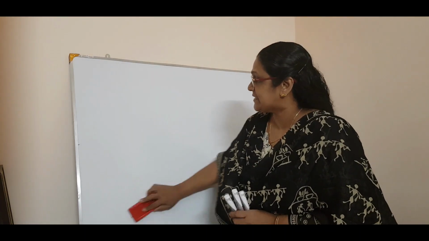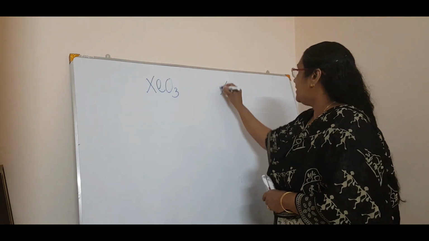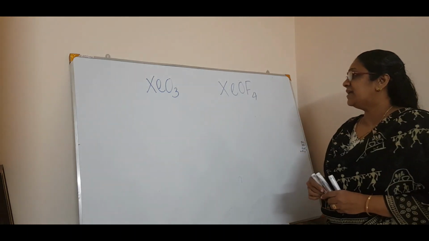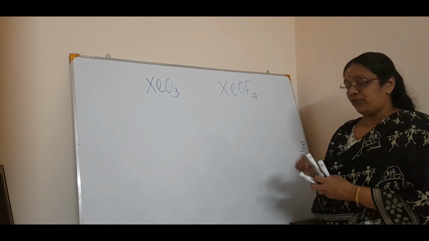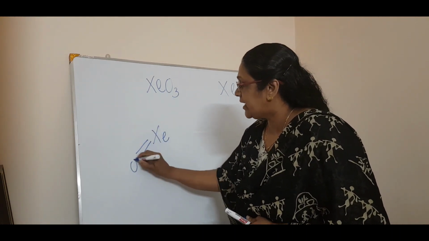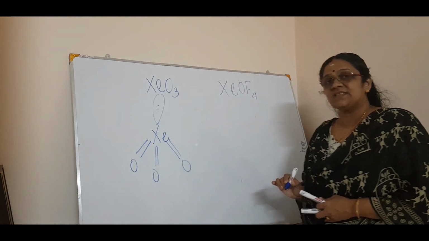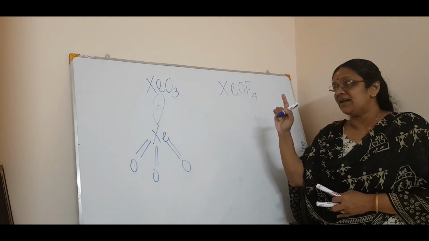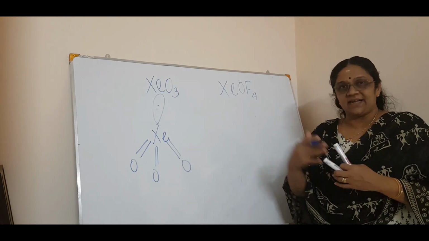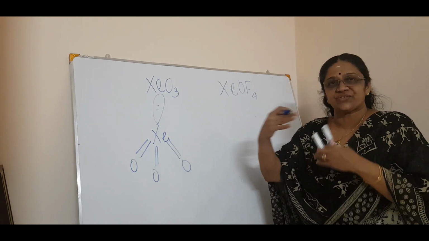And next come 2 more structures, that is XeO3 and XeOF4. Those also are repeated questions in the examinations. These 2 structures are there. XeO3 is very simple. So 3 double bonds with oxygen and there is 1 lone pair. See, in all the cases in xenon, there is at least 1 lone pair of electrons. Just remember that. So you just connect like that. Then you will be able to know how many lone pairs are in each structure.